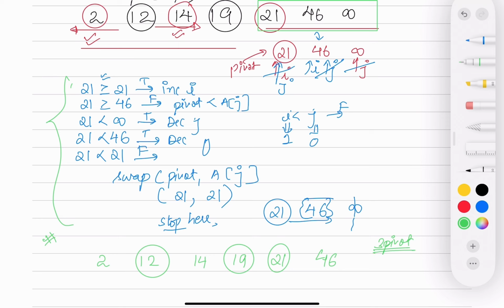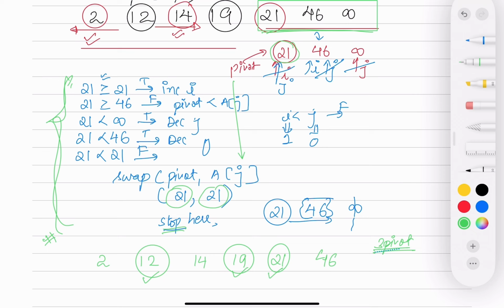Many a time the question comes like this: if you have considered the first element as pivot, how many pivot elements are there, or what are the pivot elements? So the answer is 21, 19, and 12. Be careful that 21, when you said this is already sorted, right? And the question asks what the pivot elements are. See, actually there is no use of this iteration because we are just swapping 21 with 21. The actual benefit is nothing,